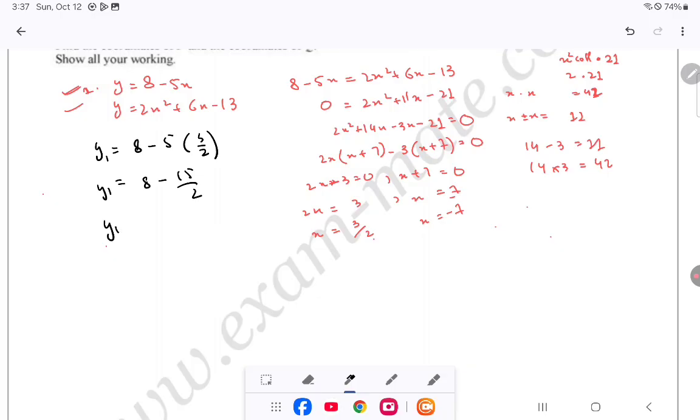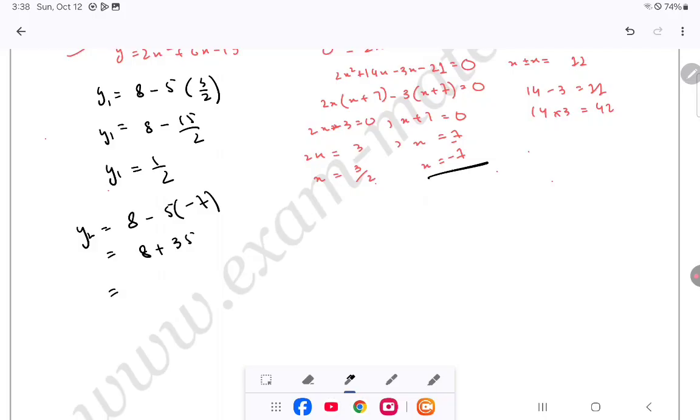Solve it further, it will give you the value of 8 minus 15 over 2, which is 1 over 2. And for the y2, put the second x value, which is negative of 7. 8, negative negative becomes positive, 5 and 7 into 5 is 35, and it gives the value of